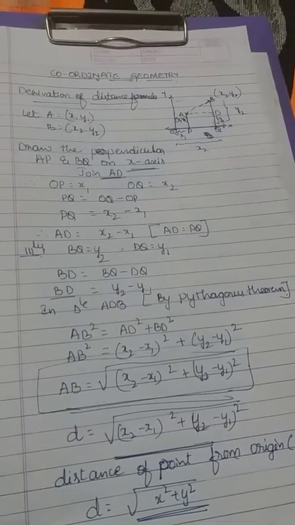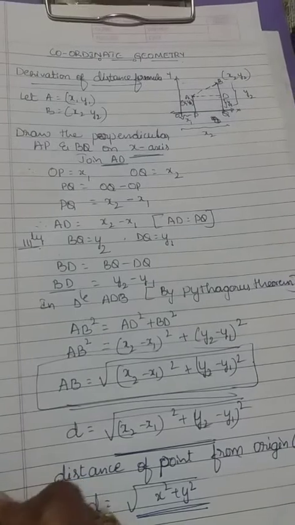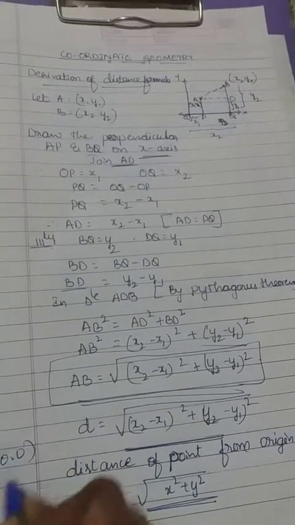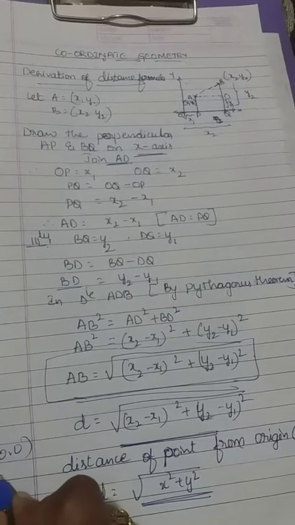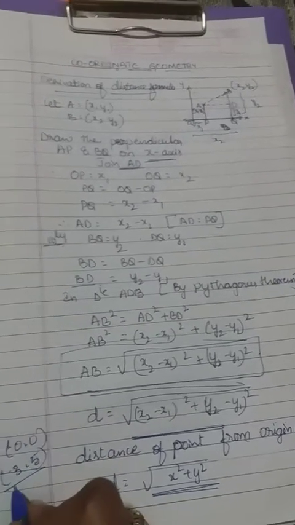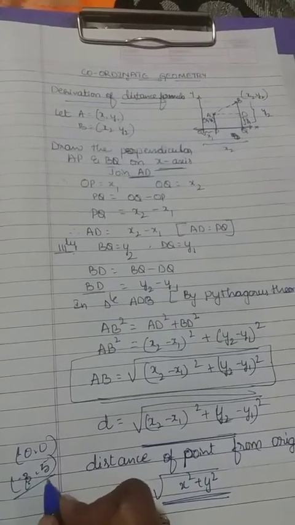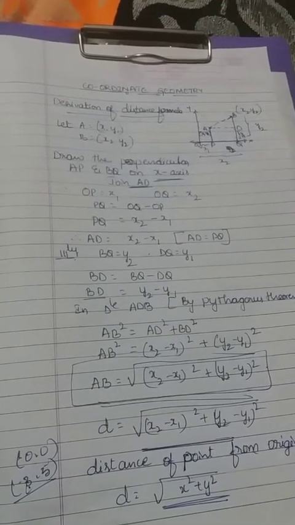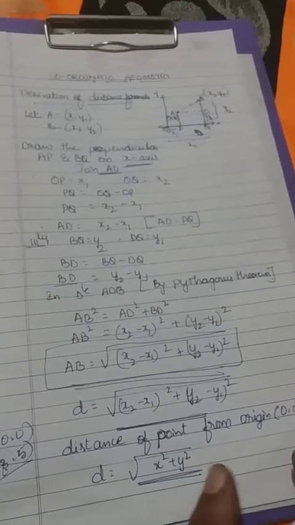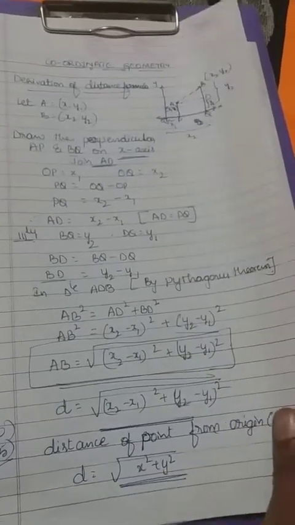If they ask to find the distance between the coordinates 0 0 and 3 5, like that, find the distance between these, then by that time we take only 3 square plus 5 square. 3 3s are 9, 5 5s are 25, like that we take. Hope you understand this. So let's do the sums in this lesson.